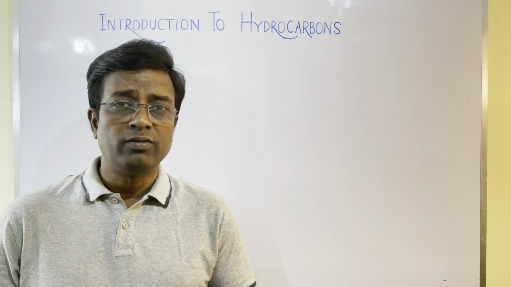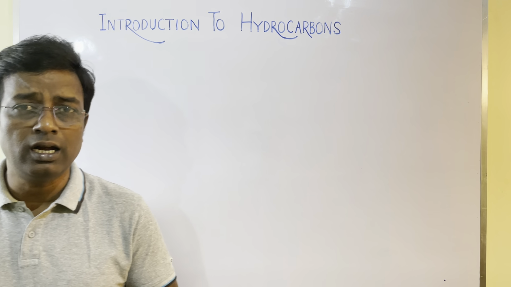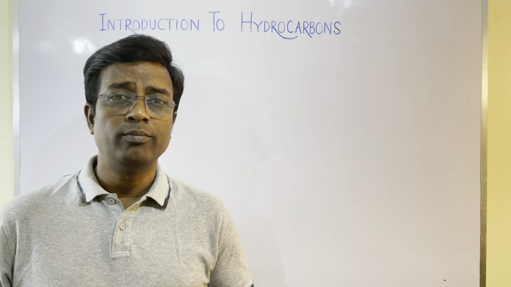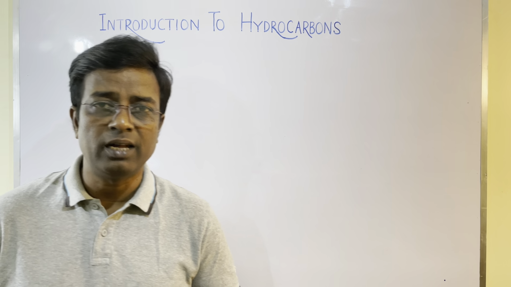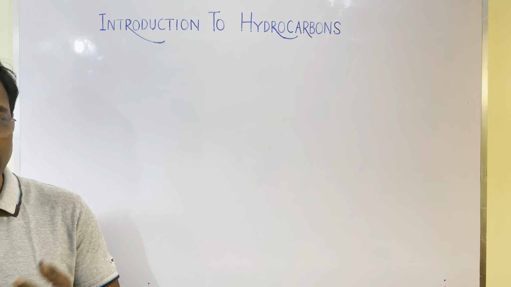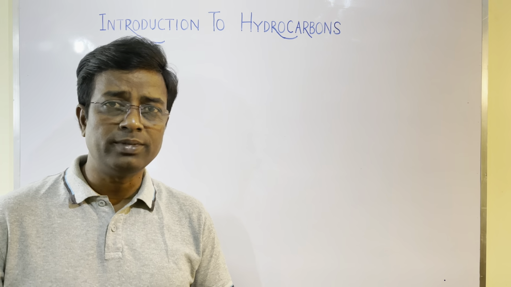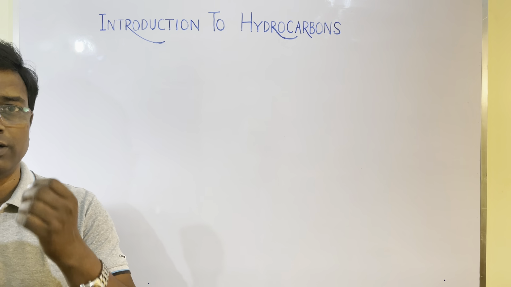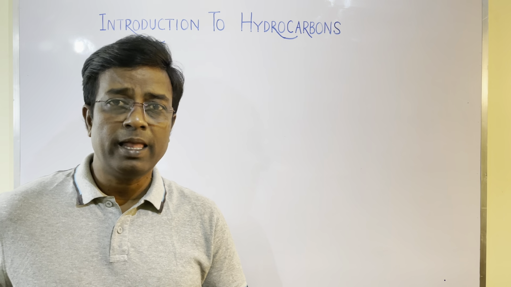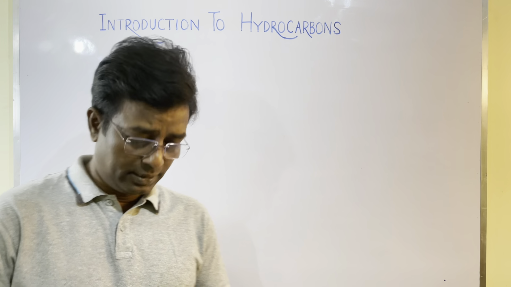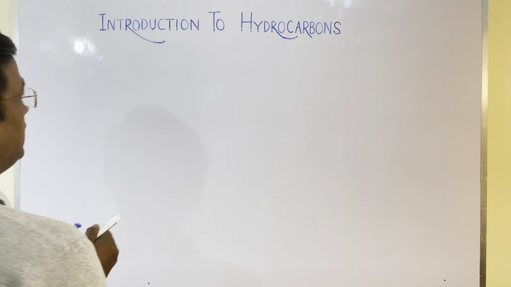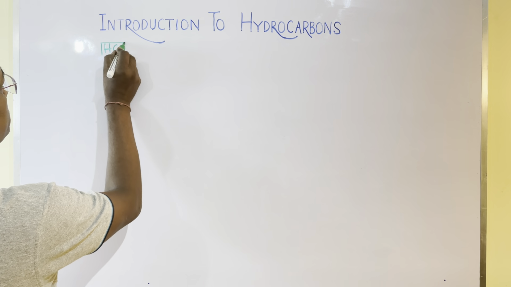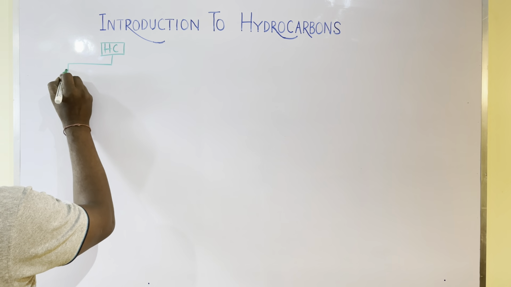But first things first, what are hydrocarbons? Hydrocarbons are organic compounds made up of carbon and hydrogen mainly. Yes, made up of carbon and hydrogen only. So these are called hydrocarbons. The two main classes of hydrocarbons are open chain hydrocarbons and closed chain hydrocarbons. Let's draw a skeletal structure. HC stands for hydrocarbon. The two main classes are